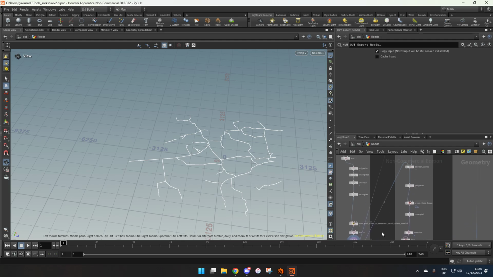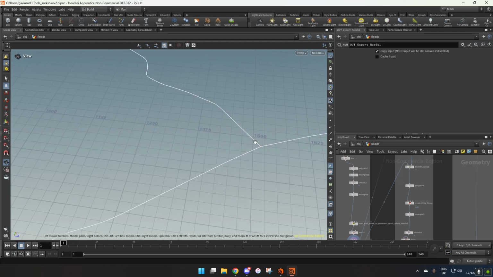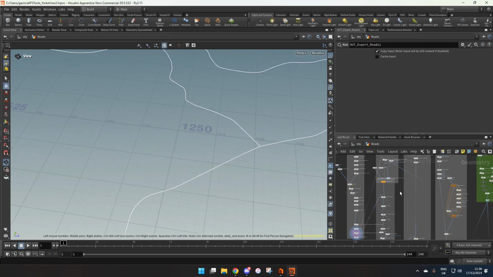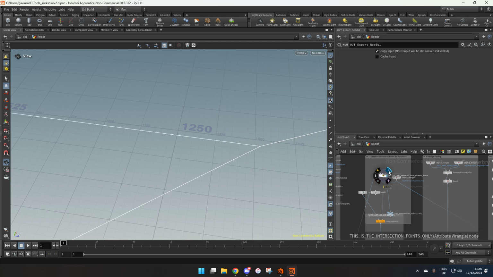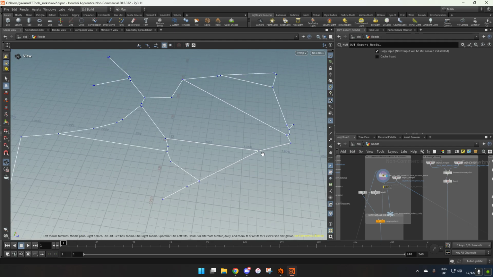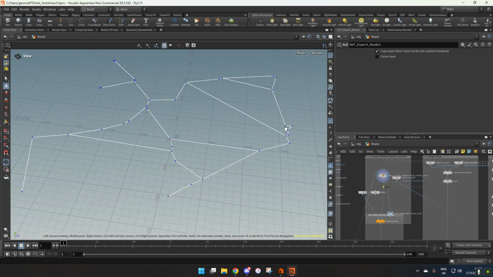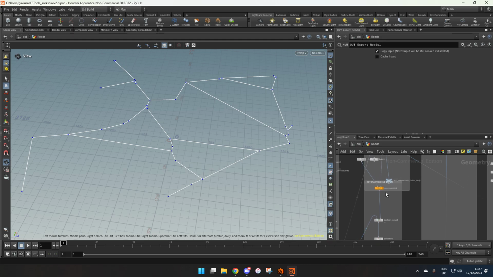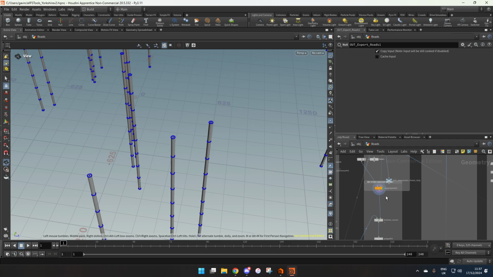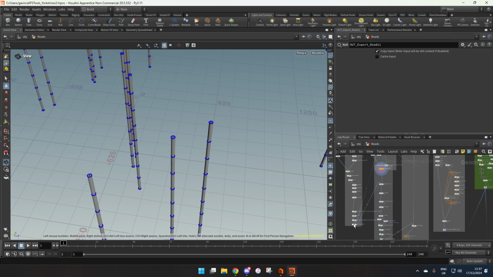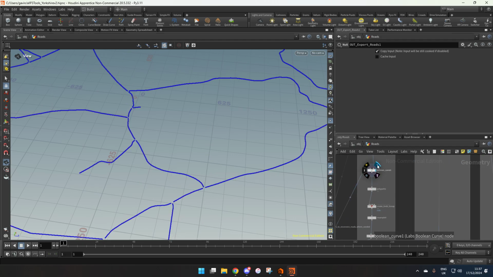If I zoom in, you can see I've got junctions. We need to do special things with junctions because I want to create realistic geometry. So we have to isolate the junction points. Each of these dots is a junction, and then we create these massive long cylinders, which are used to cut apart the road network that we'd created before in order to generate